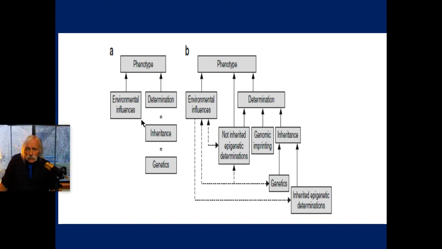Phenotype can have environmental influences, and you determine a phenotype by inheritance and genetics. This is the given genetics from mother and father, right? And then you inherit because of recombination. It's not a stochastic inheritance, but it also isn't a 50-50 inheritance, right? The two are different. If you don't know stochastic, look it up. It's more like this, where you have environmental influences, non-inherited epigenetic phenomena, genetic imprinting, which can be epigenetic phenomena, and you inherit genetics directly, like here, and you also get an inherited epigenetic recombinational effect or determination that can impose effects either directly. Environment can cause that, but then that can induce changes in inheritance,